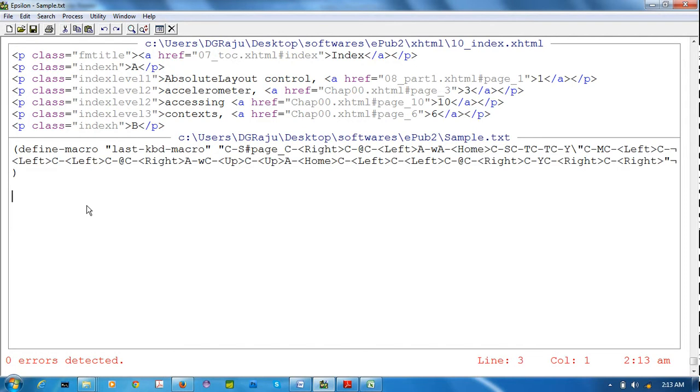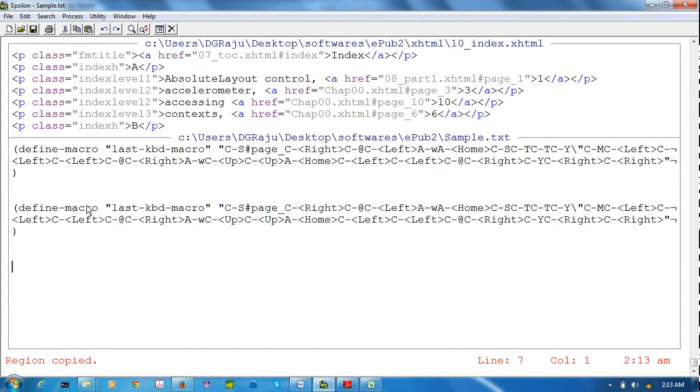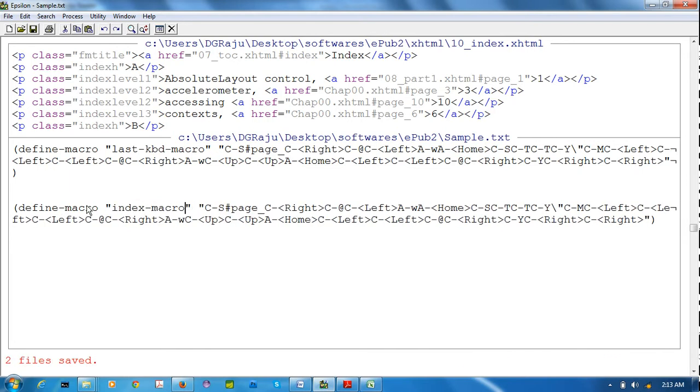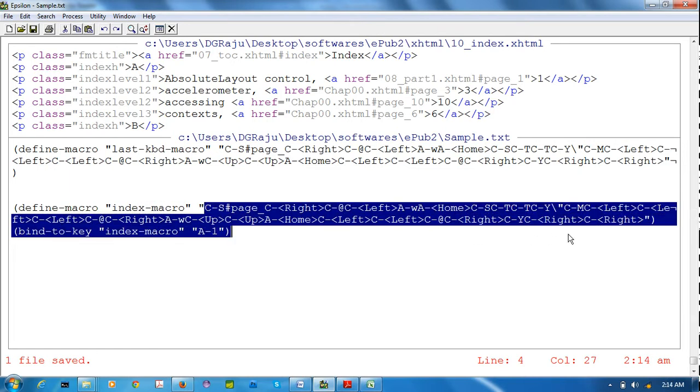Okay, and I'm making some modifications also. I copy and paste again the same. Here I'm giving index macro. I want to give some key also. I can give some keys also. For that, Alt X insert binding, enter. It is asking for the binding key. Suppose I am pressing Alt 1. It is showing Alt 1 and you have to give the same name to this. Whenever I press Alt 1, it will search for index macro. Is there any defined macro with the name index macro? Yes, one macro is there. So it will apply all these things.